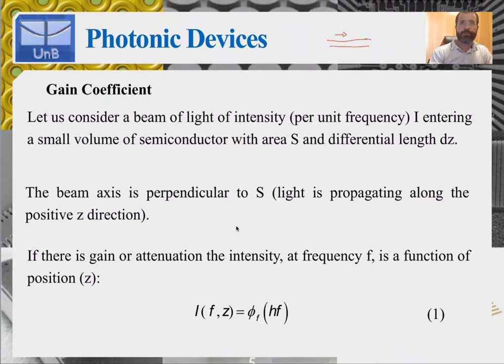Let us choose, for example, a cylindrical material with the same cross-sectional area as the beam. And then what we are saying here is that the beam is propagating in the z direction, and we are taking a differential element of length dz, okay, dz,